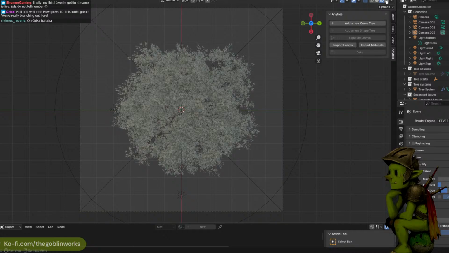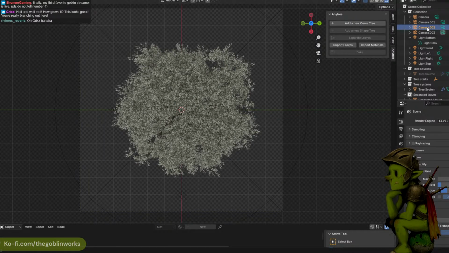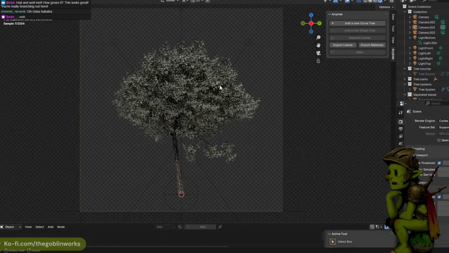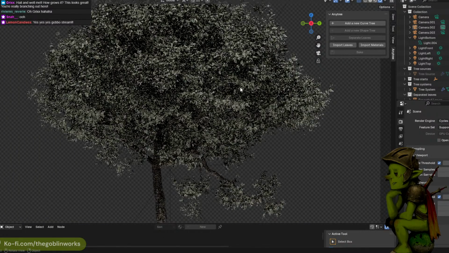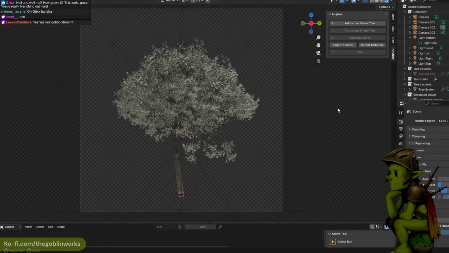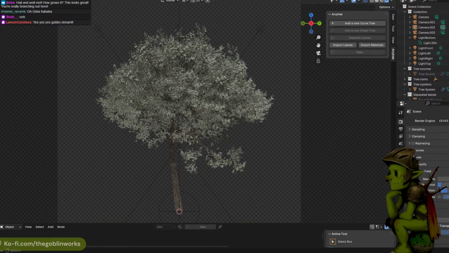And this is all lit correctly as well. So here's what it looks like lit. And so we have light coming on from the front. We got it coming on from both sides. We got a little bit of light coming on from the bottom as well as the top. And so when we render it out, it sort of looks like this. And that will take its time because Cycles takes forever. And then, after we do that, we go over here